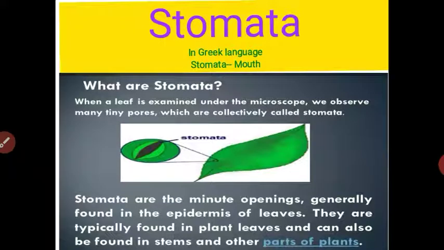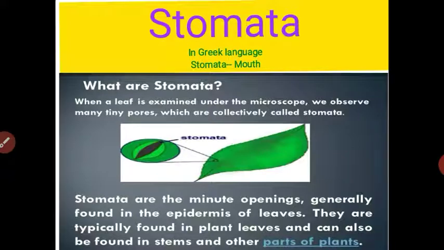In the Greek language, stomata means mouth. Just as we have a nose, with the help of our nose we can exchange gases, taking in oxygen and throwing out carbon dioxide. So, if we take a cross section of a leaf and examine it under the microscope,